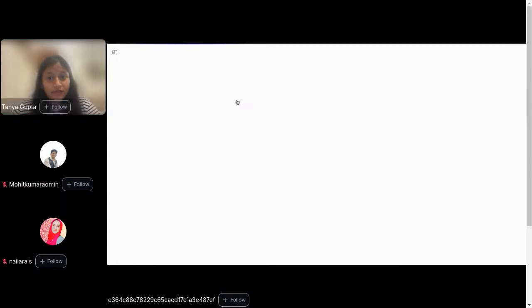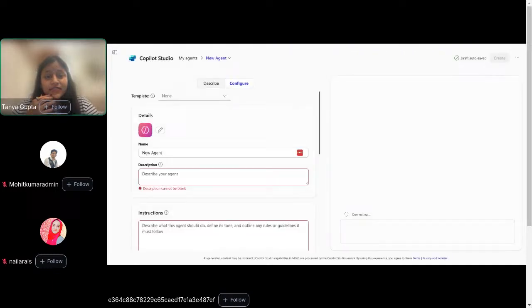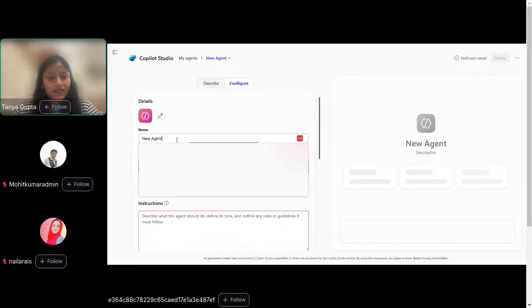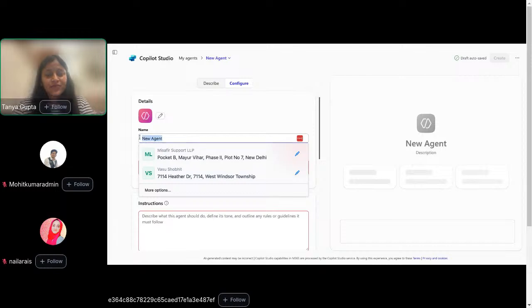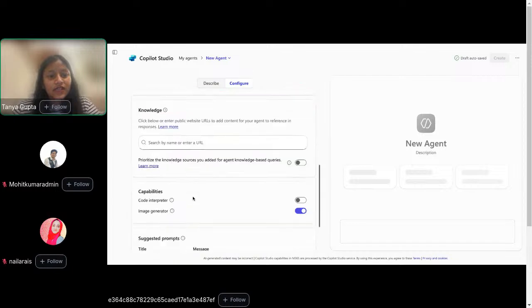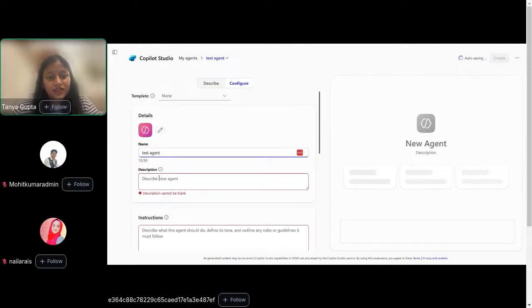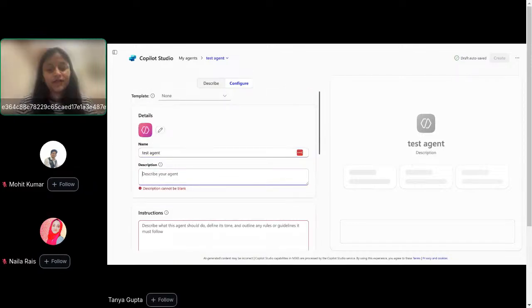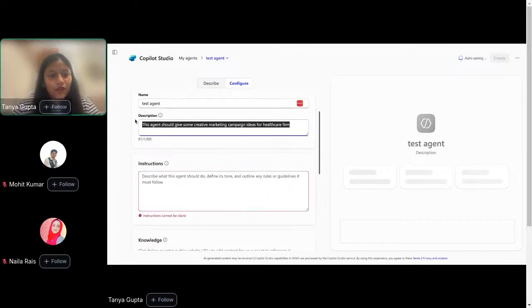For example, I can edit this new agent. It says new agent, and I could say test agent. And if I add all the other details to it, it'll give me a new agent. For example, let me say that this agent should give some creative marketing campaign ideas for a healthcare firm. And here also, if I type the same thing,